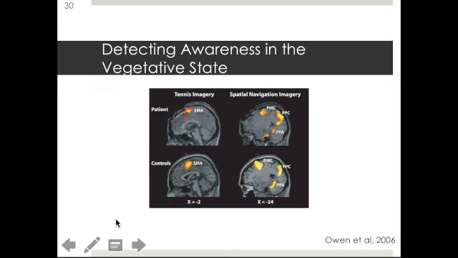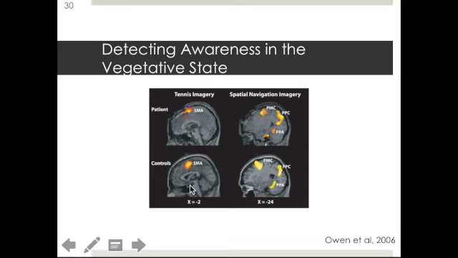And a really dramatic example of reverse inference comes from this kind of groundbreaking paper by Owen et al. in 2006, where they did scan a patient who was in a vegetative state, right? So they were not moving, they were in an affected conscious state. They were not of full conscious awareness in the ward, but what they were able to do is get this patient to go into functional MRI,